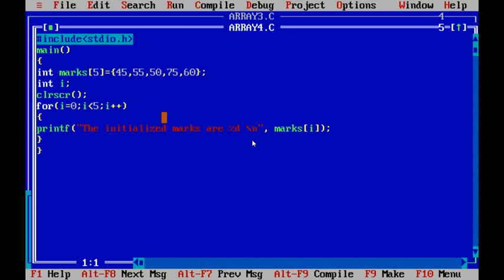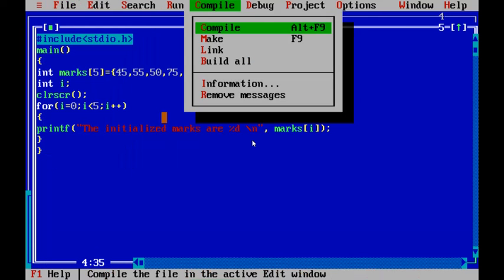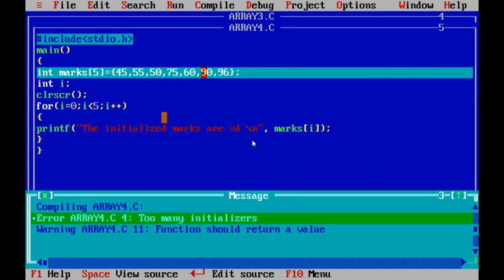Now we will initialize one more element, comma, 90, comma, 96. Now we will save the program, compile the program. One error, too many initializers.